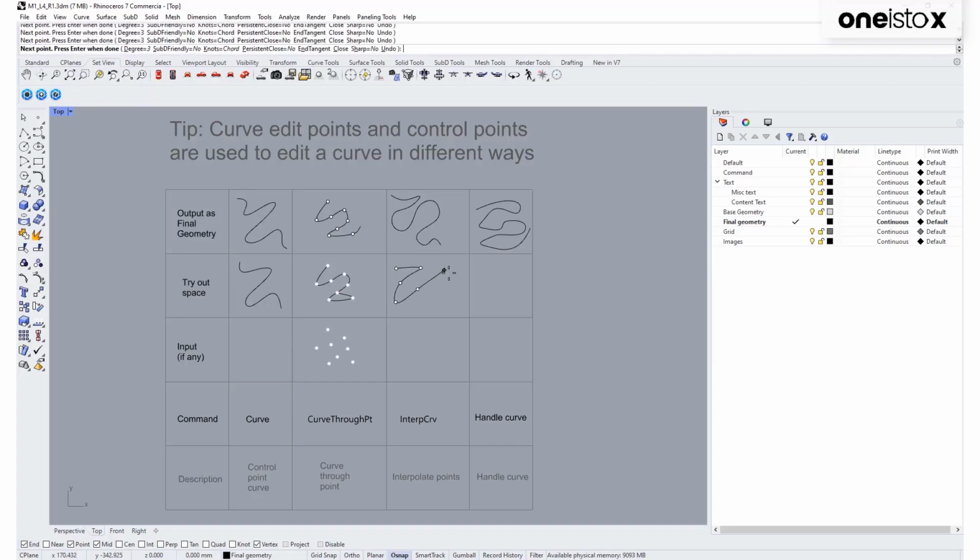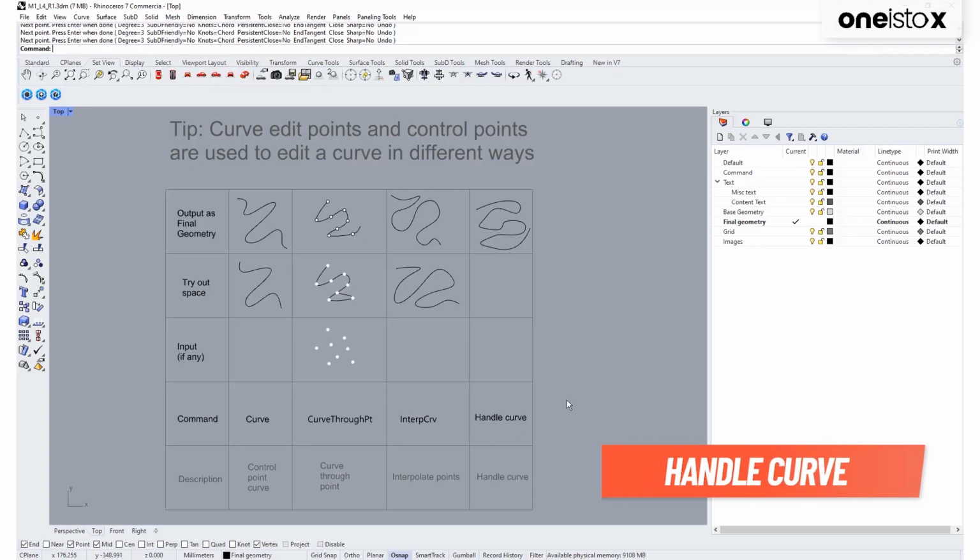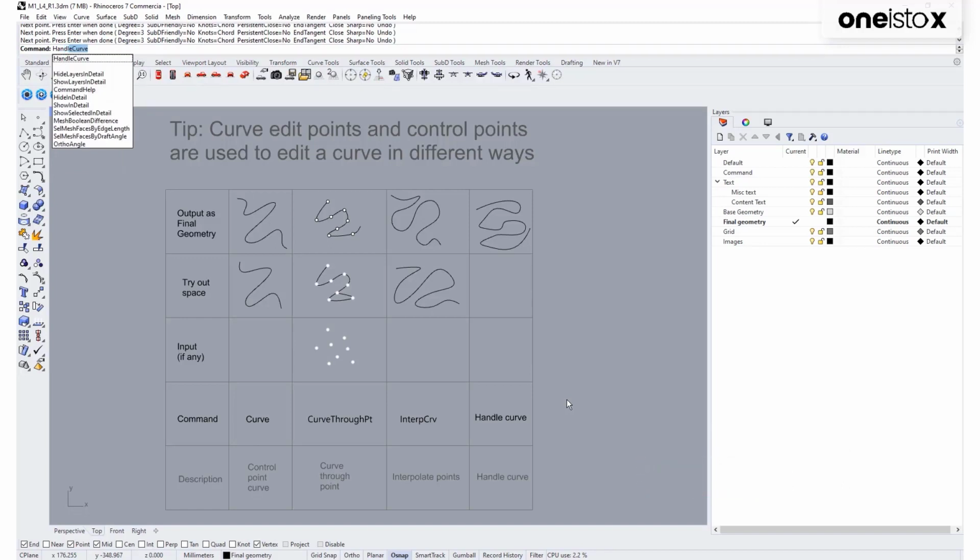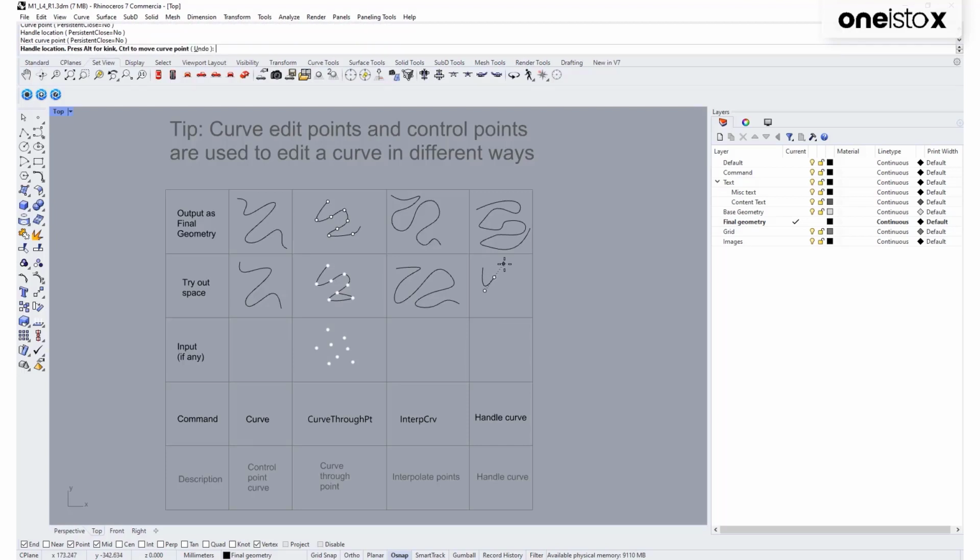Now, the curve that is being created follows the points and it runs through them. Here we have explained 3 types of curves. The 4th curve is handle curve. For this, you can try it on your own and type handle curve. After that, follow the process.